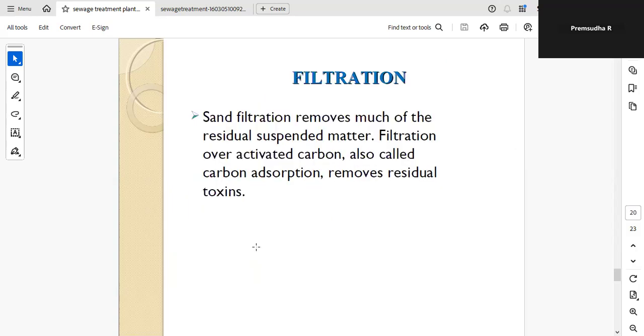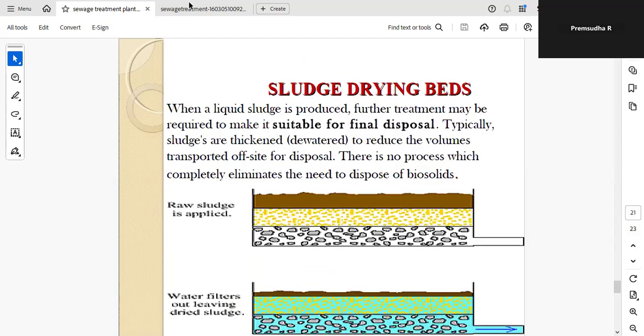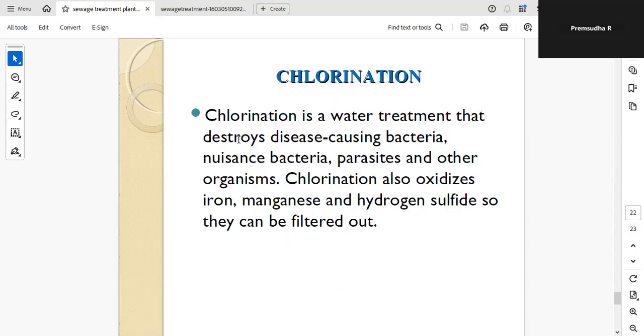In filtration, sand filtration removes much of the residual suspended matter. Filtration over activated carbon, also called carbon adsorption, removes residual toxins. And here you can see the sludge drying beds. These are three layers, this is the sludge and this is the media. When liquid sludge is produced, it again goes to treatment. It requires more treatment to be suitable